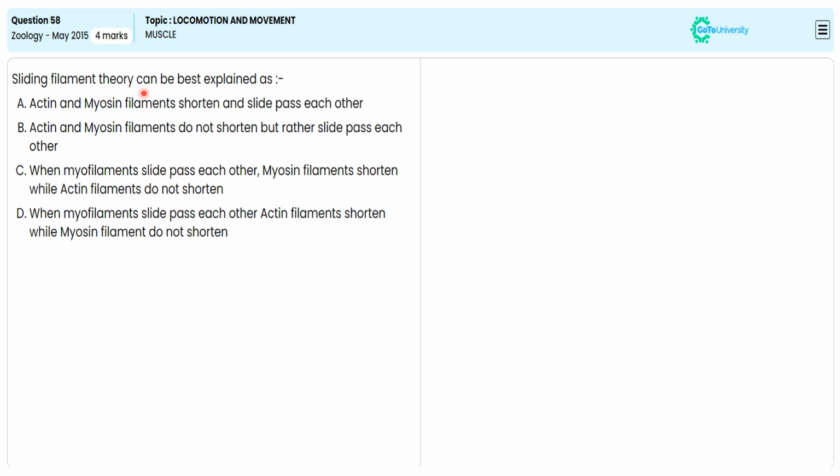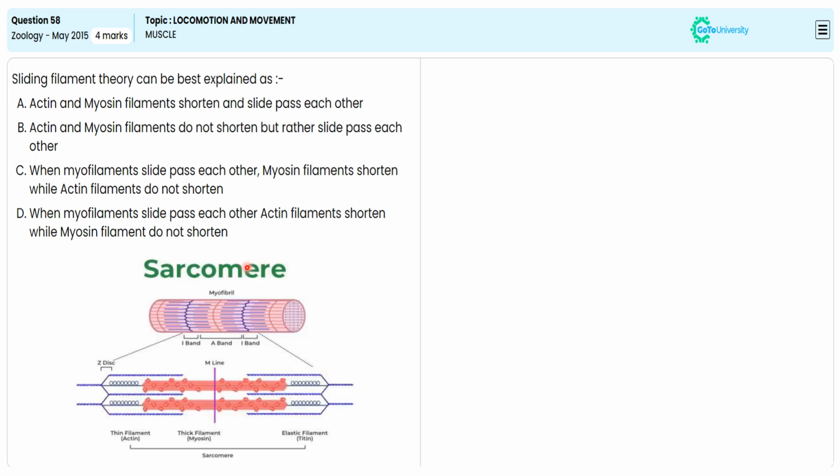In this multiple choice question, from the given options, they are directing us to specify the correct option explaining the sliding filament theory. For this, let me avoid the wrong options. After understanding the various segments of the sliding filament theory with this pictorial representation, in the sliding filament theory illustrating diagram,